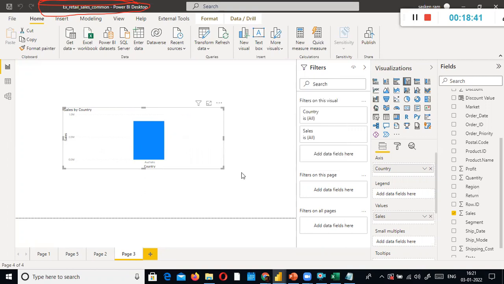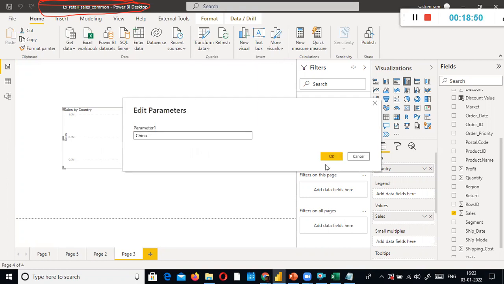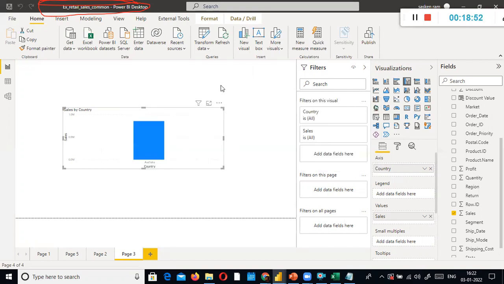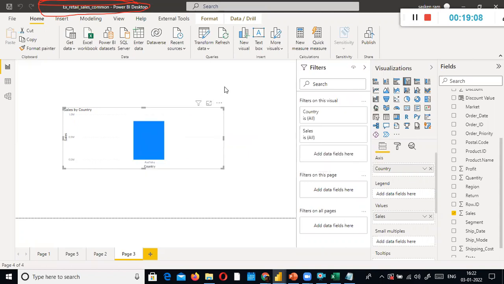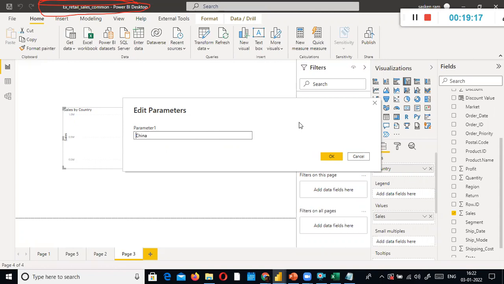If I wanted to view other countries, how will I view it? If I go here, I removed the parameter. The parameter is still there. Since the parameter is there, it is good, right? If I don't have the parameter, this button will not be enabled, and if this button is not enabled, you cannot type whichever country you wanted to view, you cannot type the country name here. You understood, right? So for that purpose, we have created a parameter. That parameter will prompt the user to enter the country whose sales they wanted to view. They can enter whatever country name they wanted here.